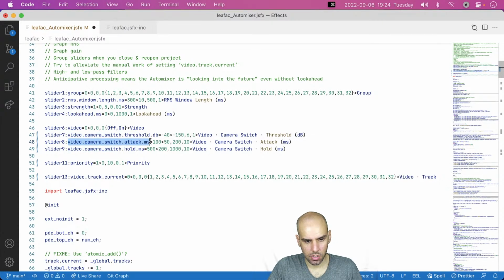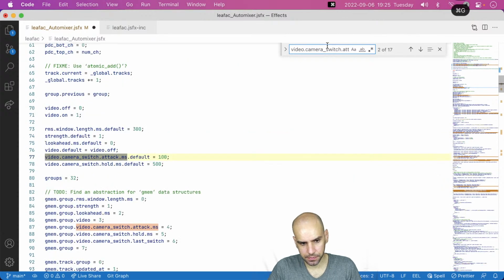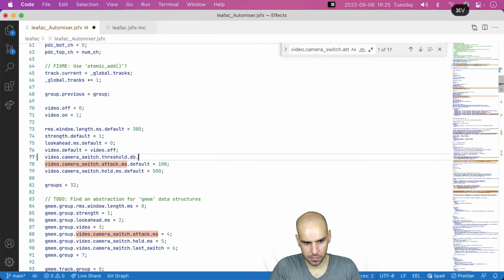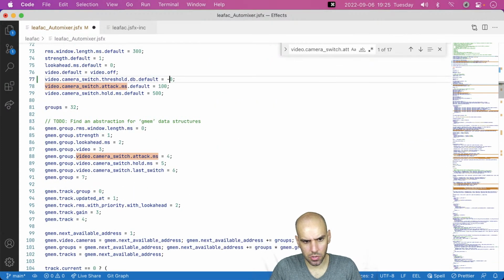So now let's go to everywhere where we see this and apply that as well, because this is another one of the group parameters that need to be linked. Did I pick -40 or -50? -40.